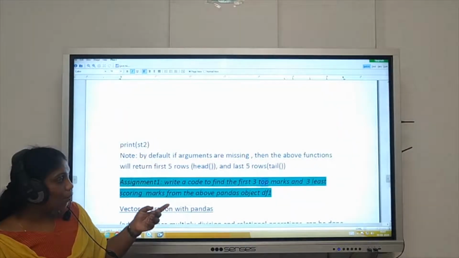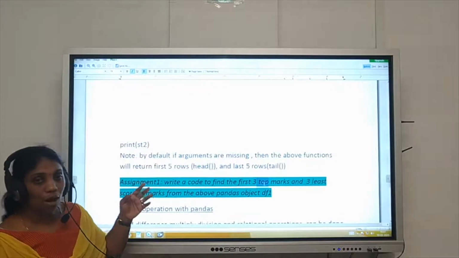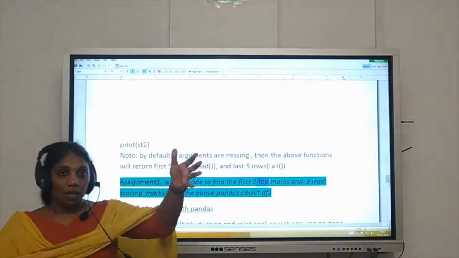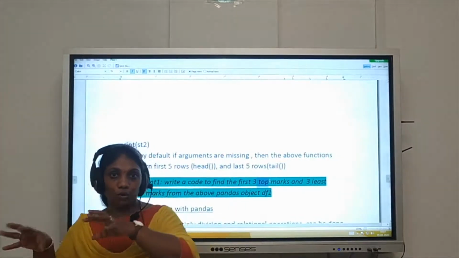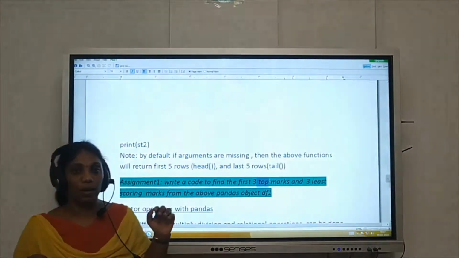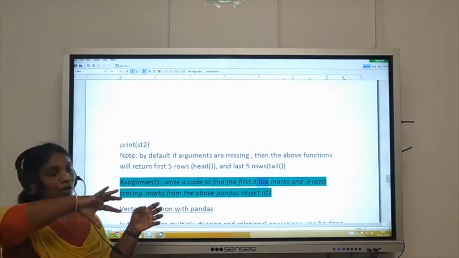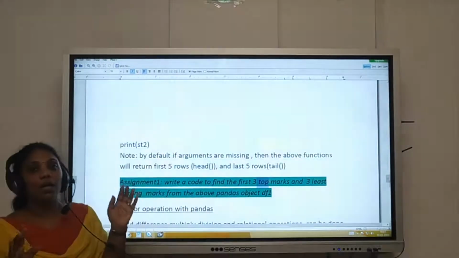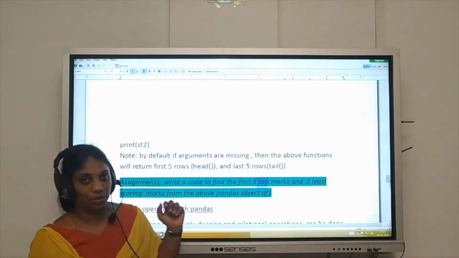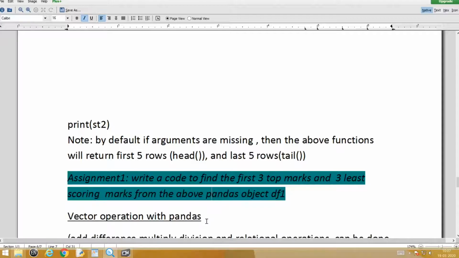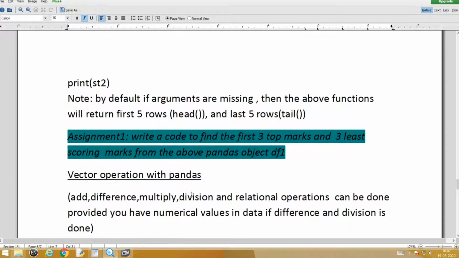Remember, once again, I don't want the first 3 marks which I created. I want, from the series which you create, the top scorer, or which subjects have the top scoring. That should be fetched, the first 3 top marks. Similarly, which are the last 3 subjects having the least scoring. That is how you have to set it. So don't get confused. I hope you have understood this clearly. Take it down by yourself and try it out now itself if you can, or later when we come back with your WhatsApp group.